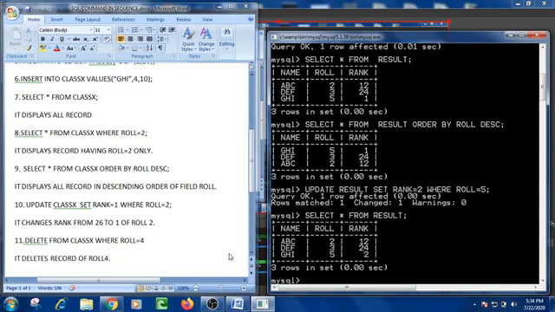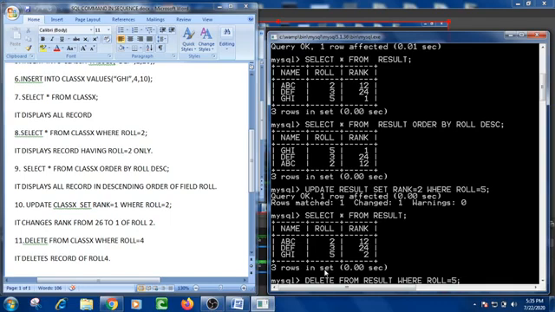Now suppose that I want to delete some records. Then I will use the delete from result, and I have to give the condition where roll equal to 5.